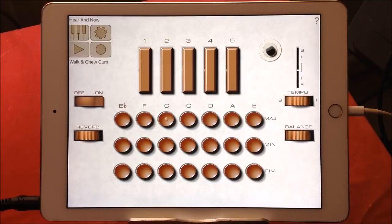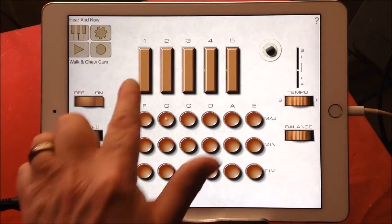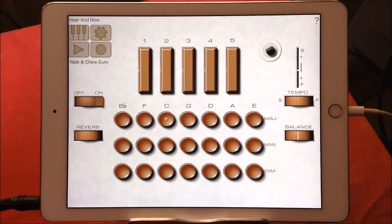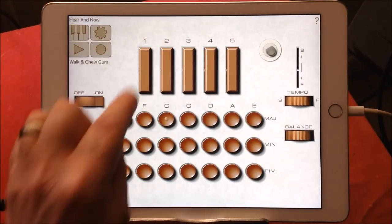You can see it sounds incredible, it's been sampled exactly from the original Optigan instrument, and you need to do a bit of research if you want to learn about it, because you'll love it. You have these 5 rocker switches here, and they basically play fills and little things like this. They're kind of based in C. I'll explain stuff like that, but if you hit the first one,